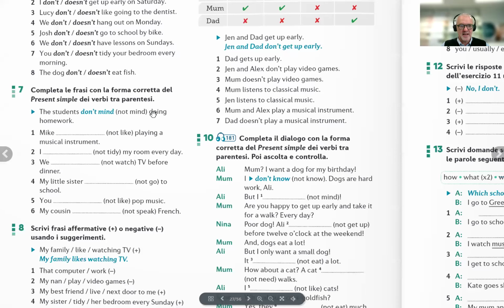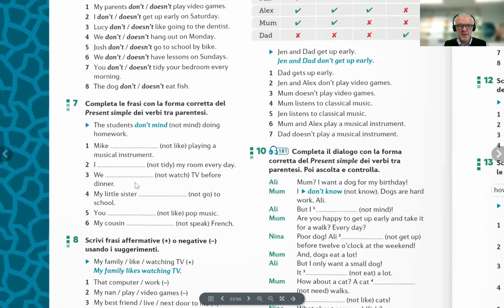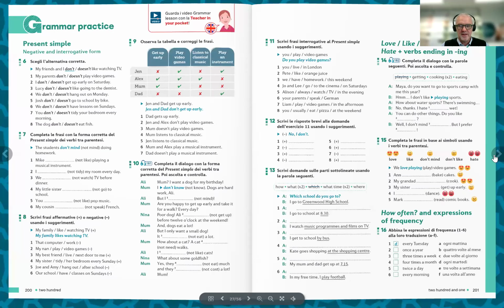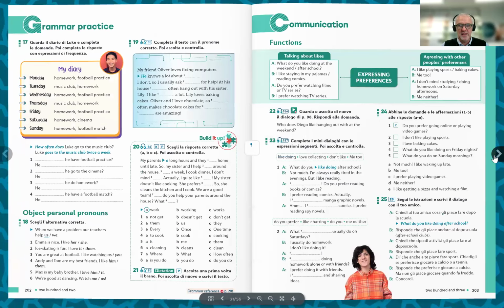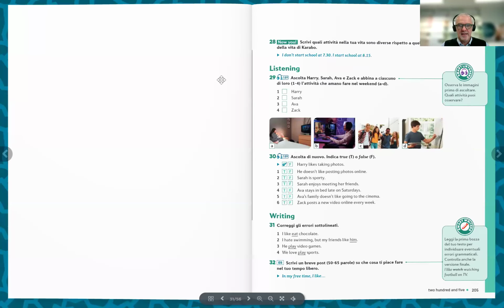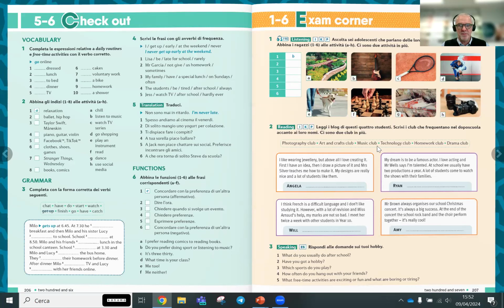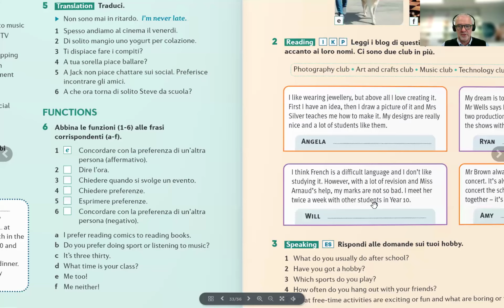Some functions, exercises. And here, as I load the page, you'll see more on extra readings and writings and listenings. So skills work in the workbook as well, and even an exam corner. So working more on, it could be Cambridge exams, it could be Pearson exams, it could be Invalsi. That's all integrated, or even esame di stato. Can you see down the bottom here?